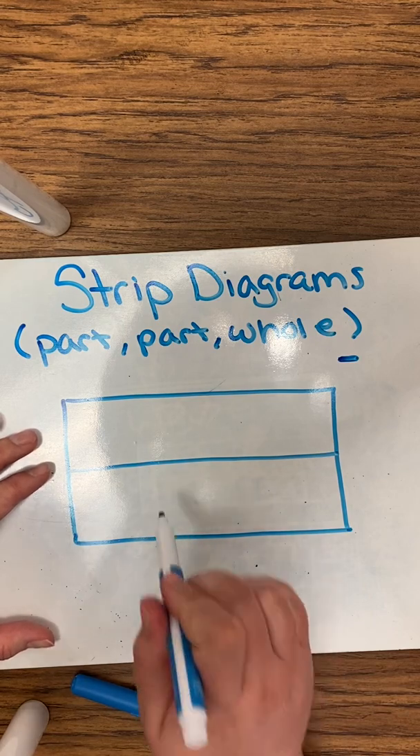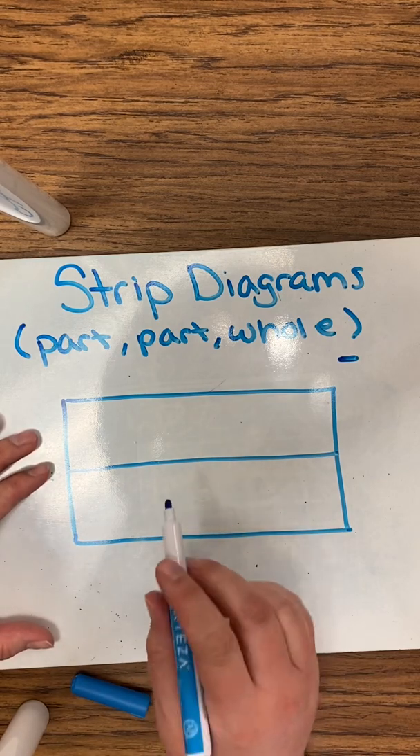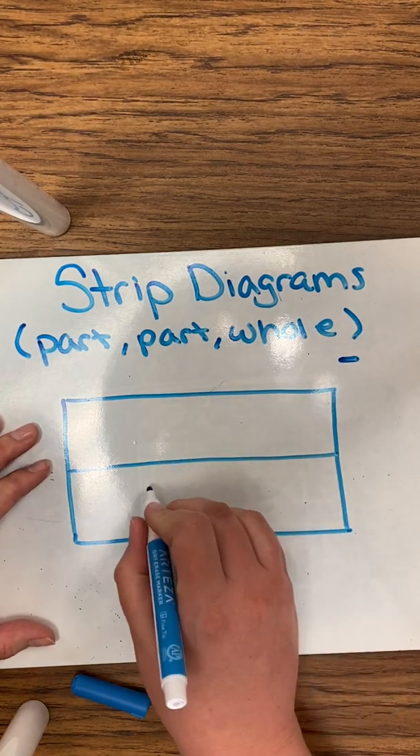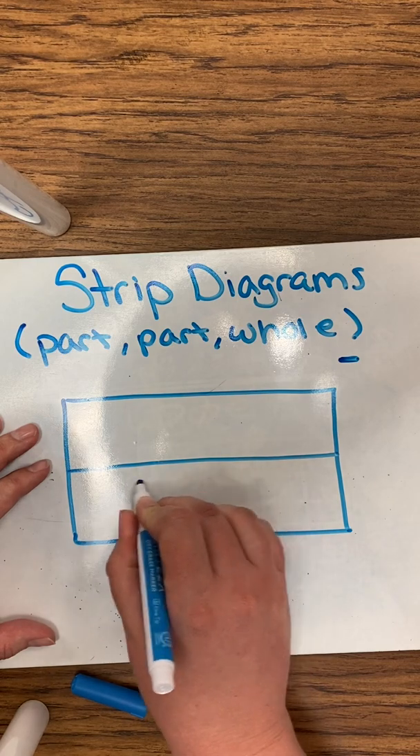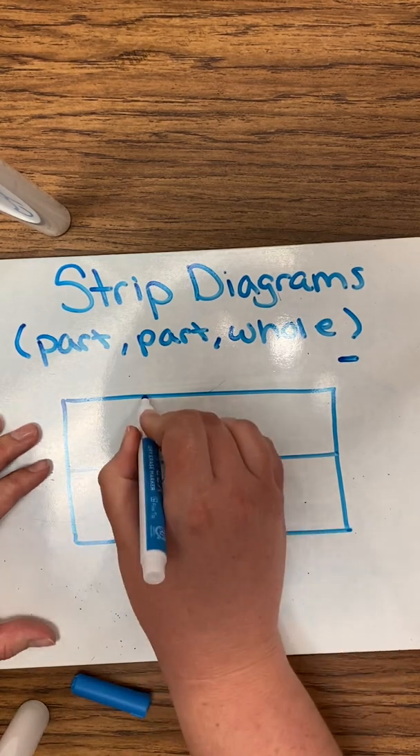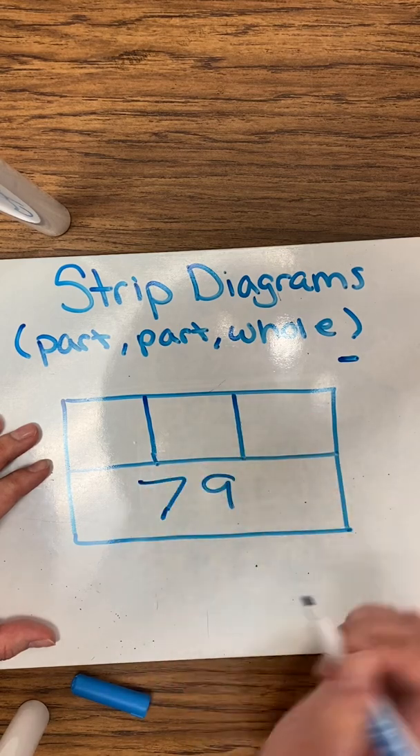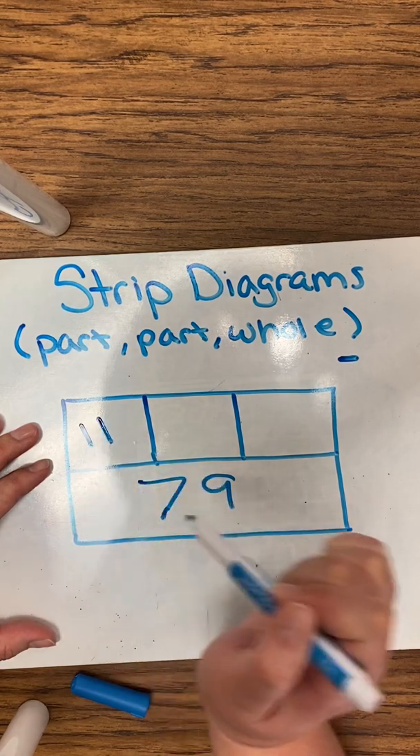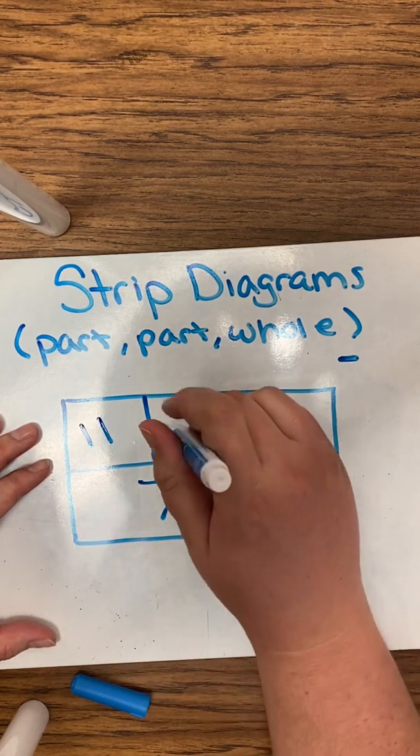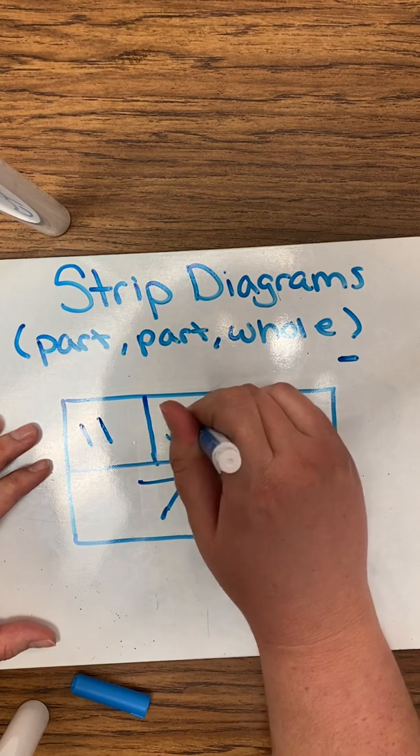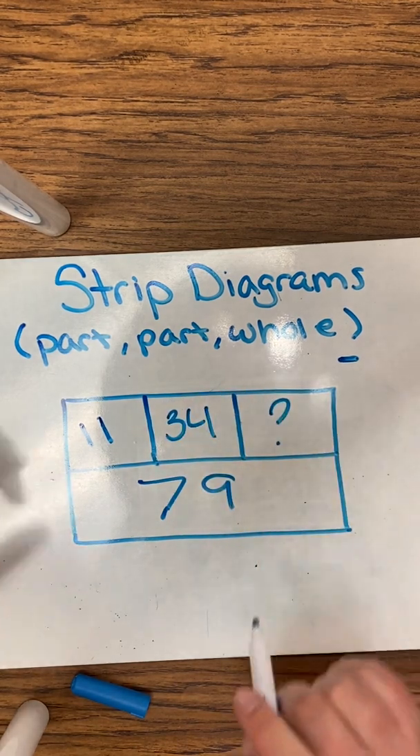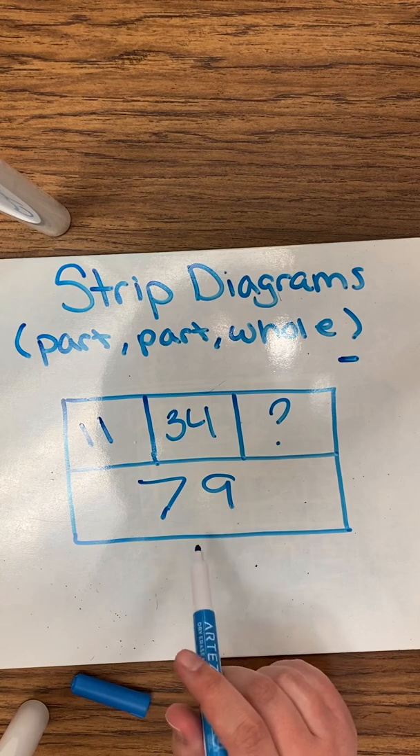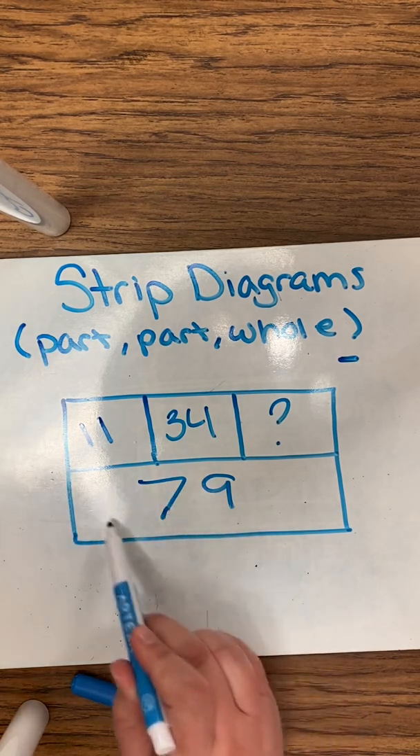So with subtraction, we already know the total. We'll just make it really easy. So let's do 79. Okay, so that's our total. And then we're going to know that 11 is right here, 34 right here, and we do not know this part. Okay? So, in order for us to solve this problem, we know what our total is going to be, but